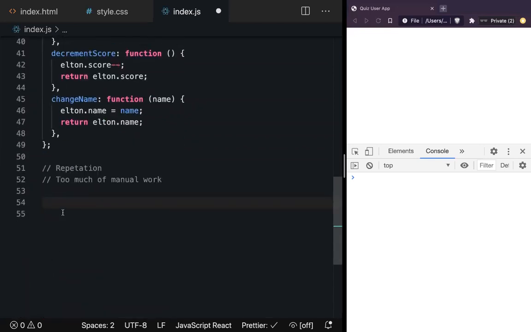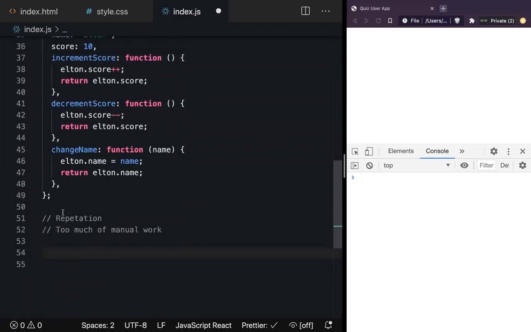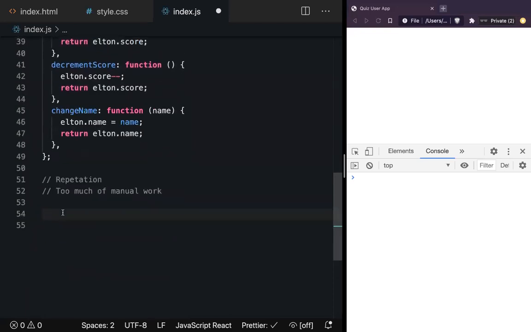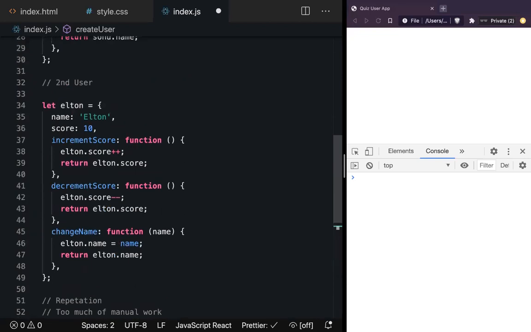Because we have seen that a function is a series of steps that it takes to perform something. So here, what I can do is create a function called createUser. And if you look at your user, what is the information that is going to change? Name, score.